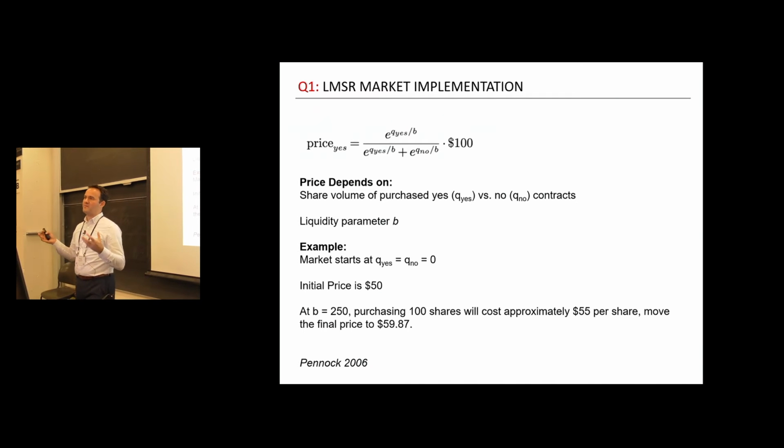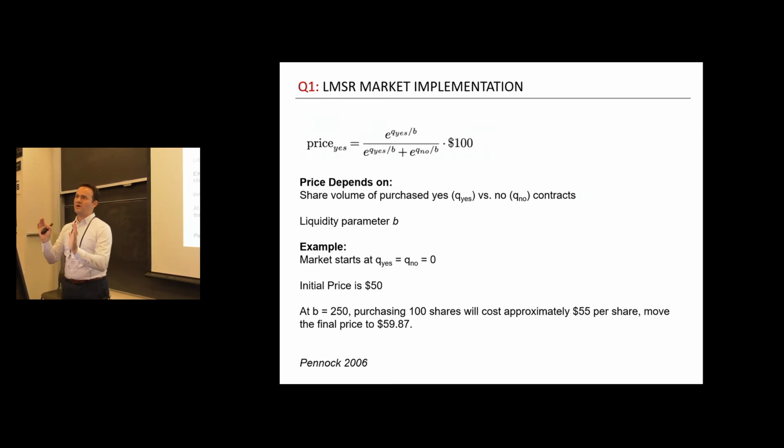The way the LMSR market works is that traders can bet, let's say, on a binary question on yes or no. The more they buy yes shares, the price goes up. The more they buy no shares, the price goes down. The price is determined by the balance between quantities bought on yes or no shares, and also by the liquidity parameter B. So in our condition, we had a liquidity parameter B of 250,